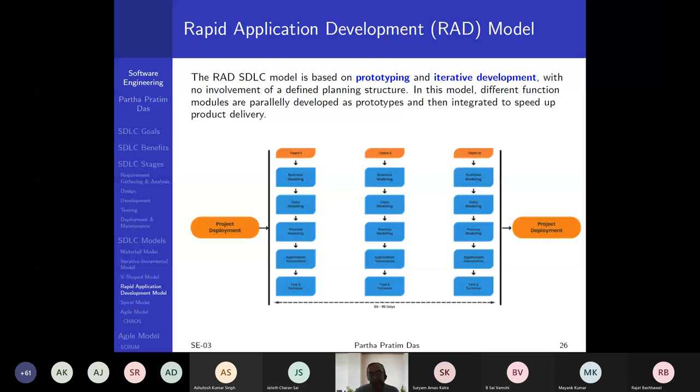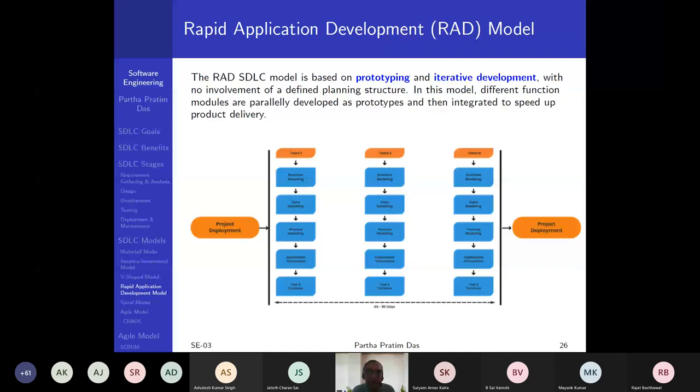So team 1, team 2, team N, developing different parts of the prototype in parallel. Each one of the teams is following an iterative incremental process according to their subsystem specification. But prototyping is happening together. So in a quick turnaround time, you can show a prototype